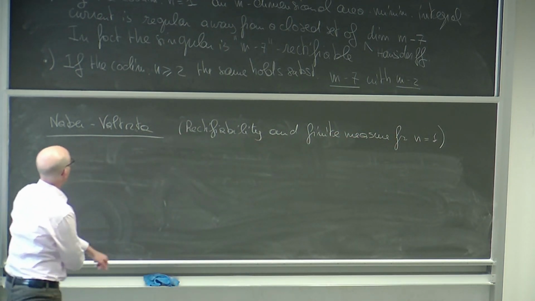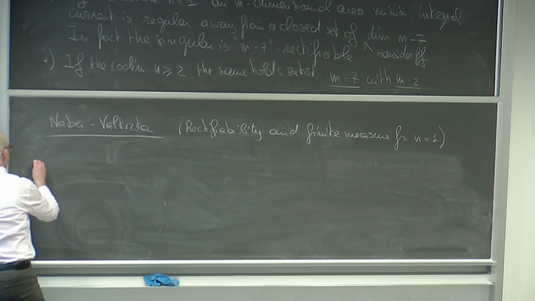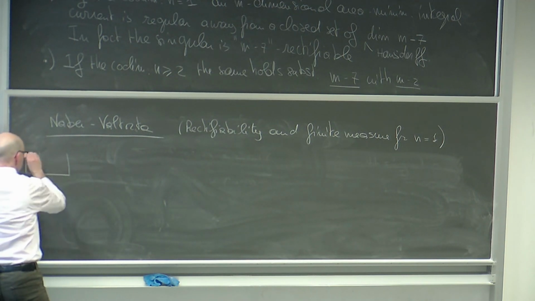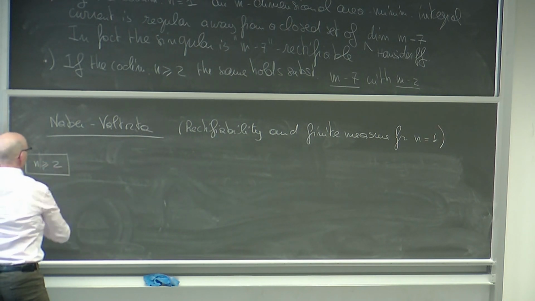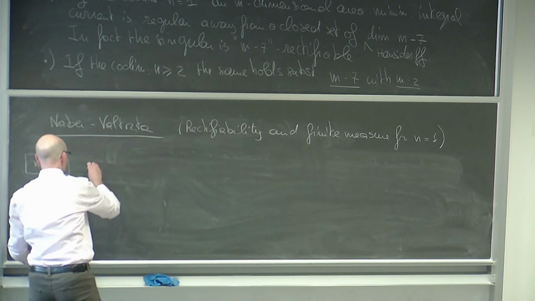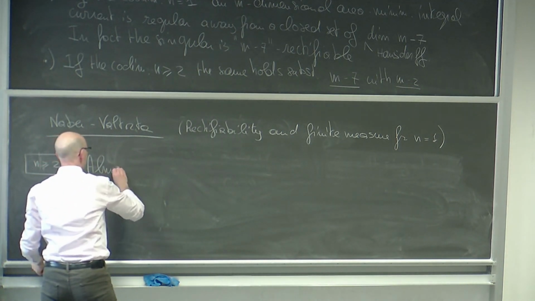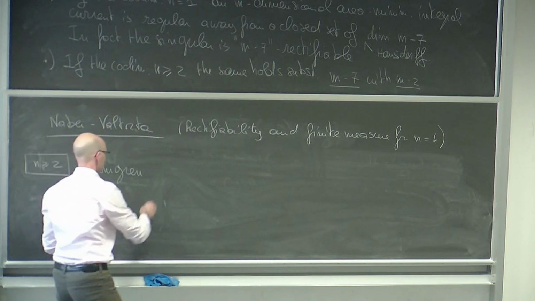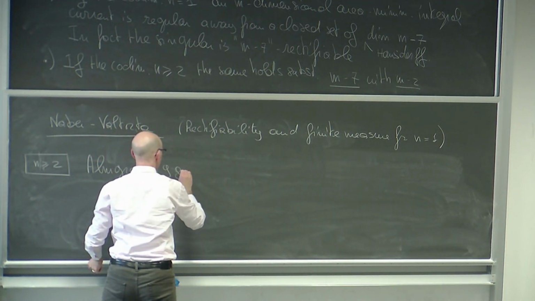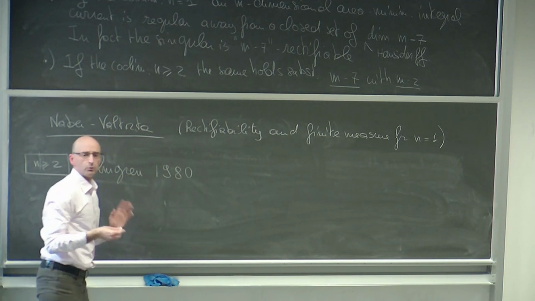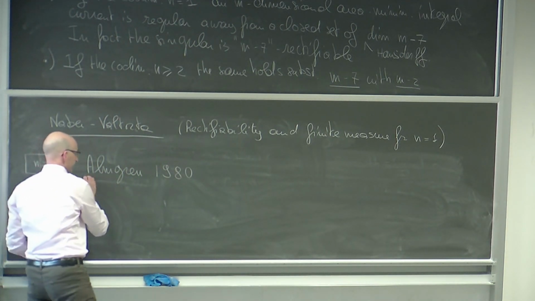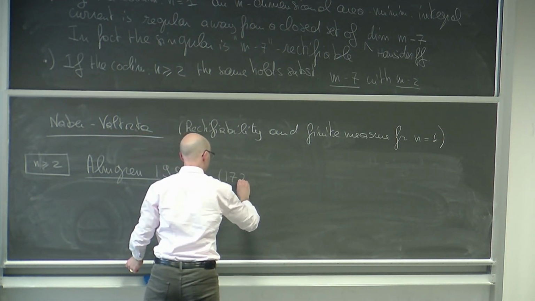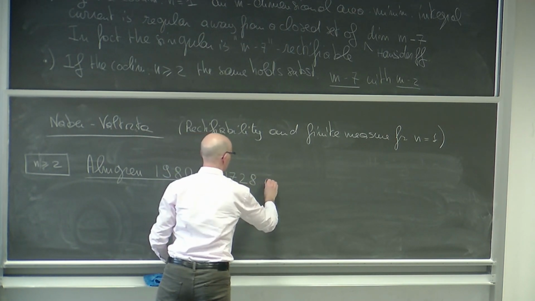Okay, so how about the second case? Well, for the second case, so this is what I'm actually going to focus on. So the case m bigger or equal than 2, the dimension estimate is a famous work by Almgren that he completed at the end of the 70s, and so I think typically we cite it as a result from 1980. I mean, there was an announcement. So, but this thing was, at the time in which it was published, a 1728 pages proof.